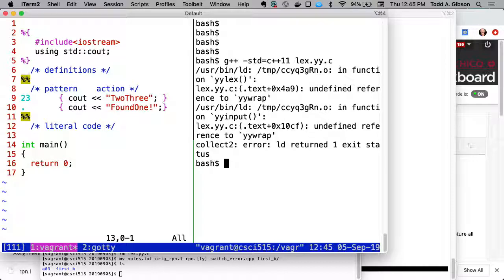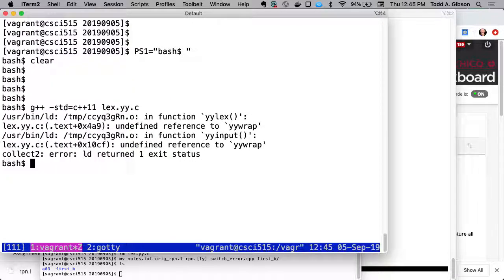Okay, so we have, let me bring this up. What kind of error do we have here? Linker error. And what it's complaining about is that there is a call to YY but we don't have any function definition for YY. Now, it turns out that the way Flex works as